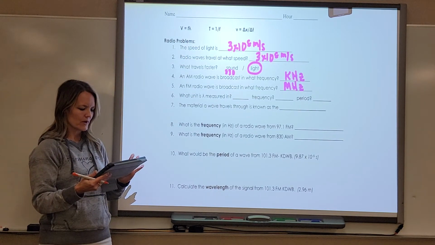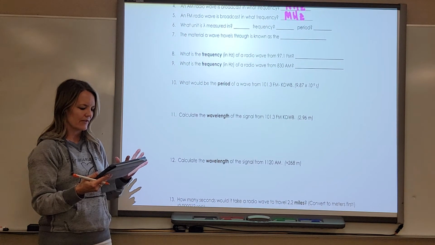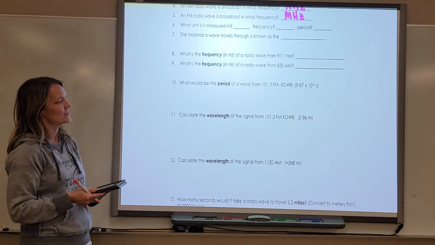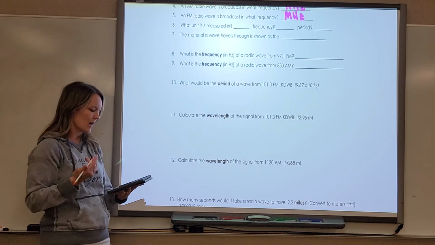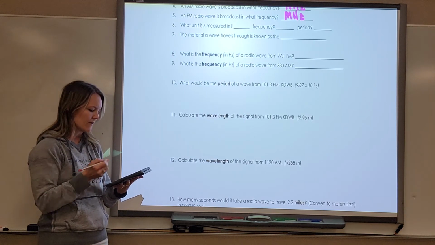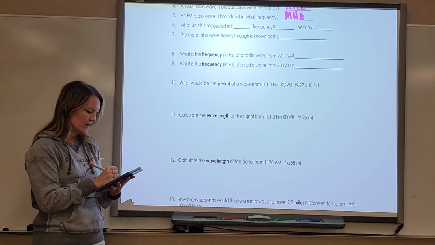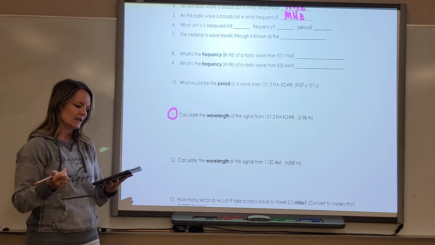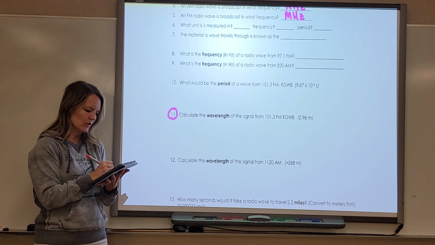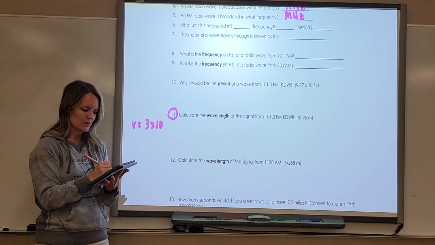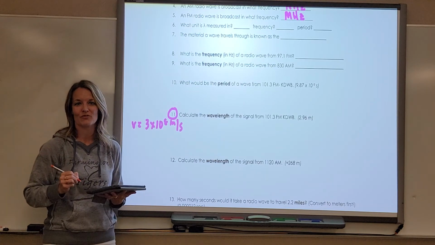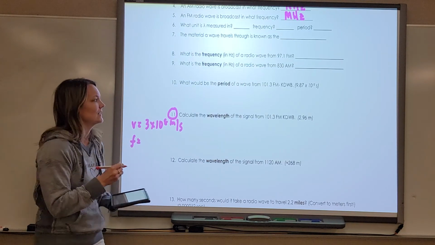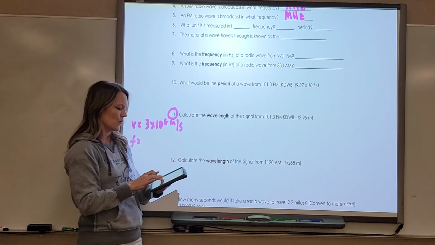Looking at those next bunch, you can kind of do them together. We are going to do 10 and 11, kind of walk through those. One of them is just like our example in the notes up above. So we're going to start with number 11. Calculate the wavelength from the signal from 101.3 WDWB. All right, so we know that radio waves travel at the speed of light. So automatically you always get to put V equals 3 times 10 to the 8th. We also know that the frequency is a given. It is whatever the call numbers are, 101.3,